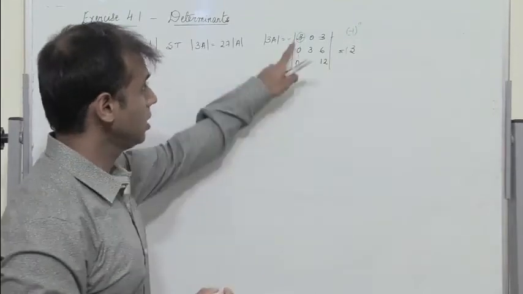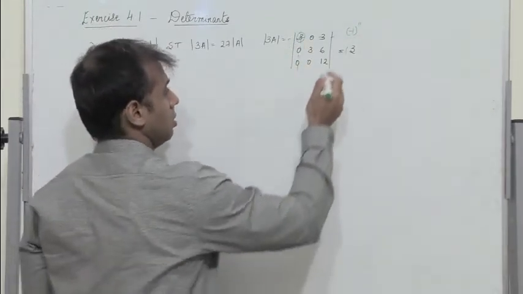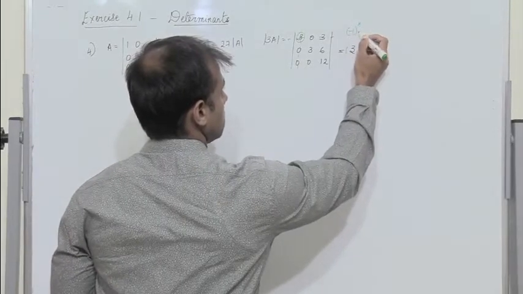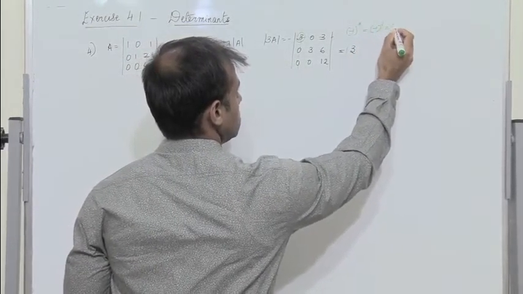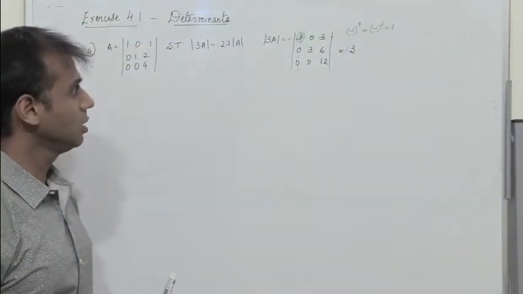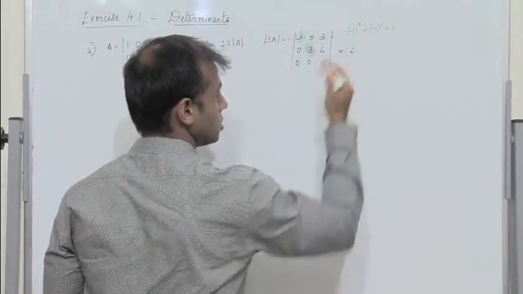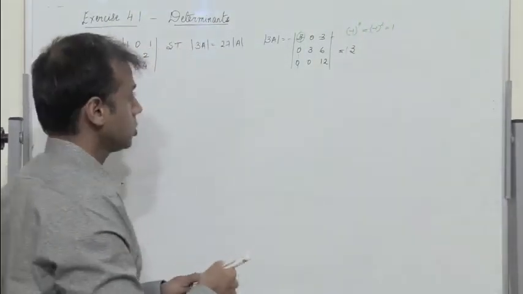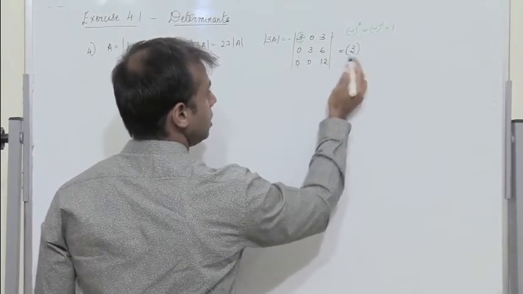So this is element 1 1, so minus 1 whole power 1 plus 1 is essentially 2, which is 1. Right? So I have minus 1 whole power 1 plus 1, which is minus 1 whole power 2, which is 1. So I have 3 into, now I consider this, 3 into 12